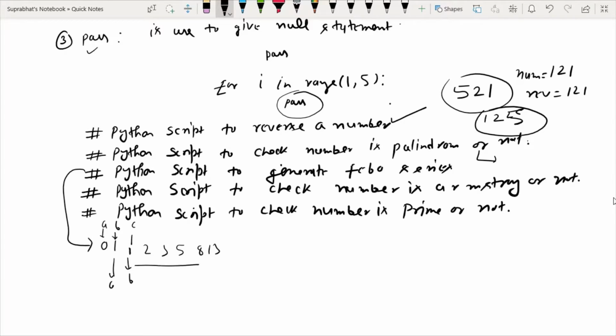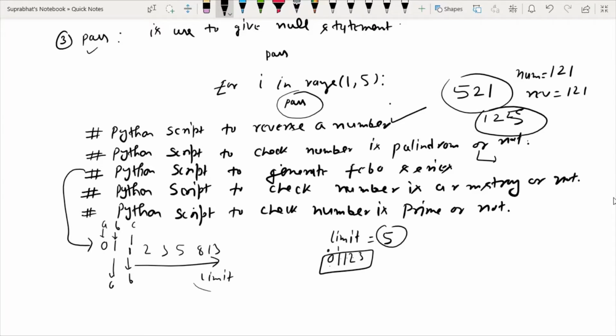So you have to know the limit, up to which place you have to generate the list. Suppose you have taken the limit value as 5. So our Fibo series is like 0, 1, 1, 2, 3: index 0, 1, 2, 3, 4. 5 elements will be present in the list. This limit value you will enter from the keyboard.